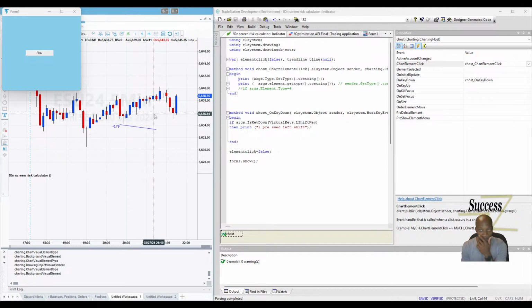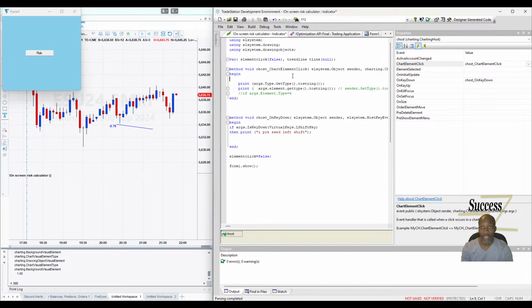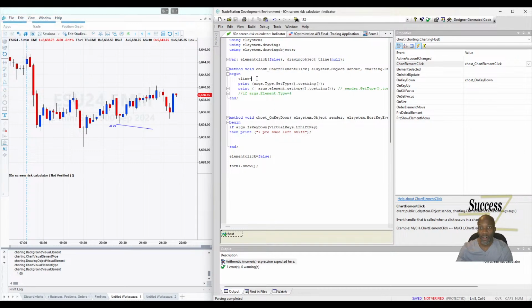Okay, so yeah, I need to be able to assign the visual element to the, let's just see if we can do that. Let's see if we can assign the visual element to the trend line. So we're going to say t line is equal, because trend line here is now the object, right? You know what? Maybe if I could just make this drawing object. Can I do that? Yeah. T line is equal to whatever the drawing object is, and then we'll say that it's args dot